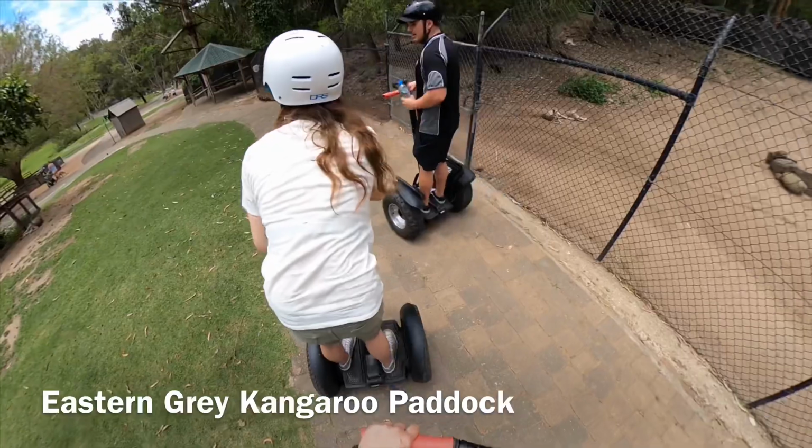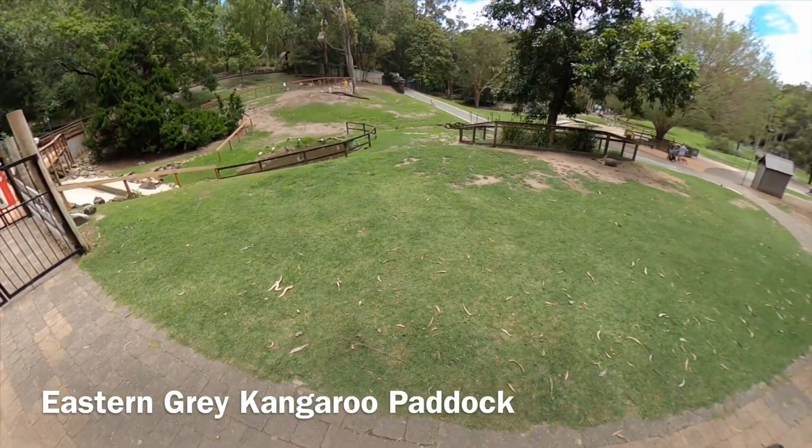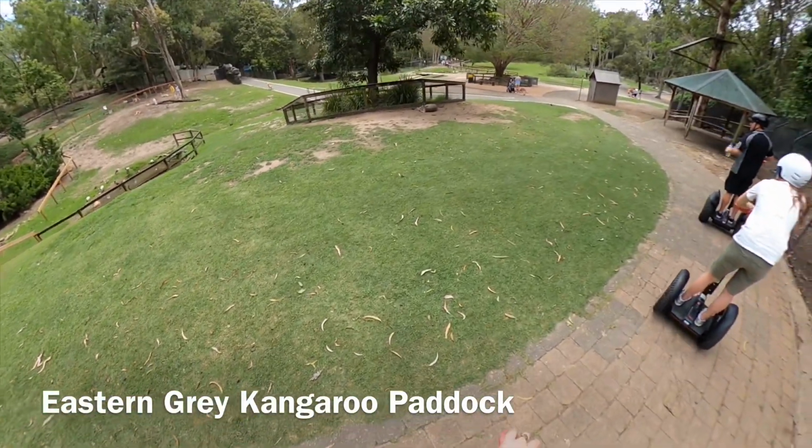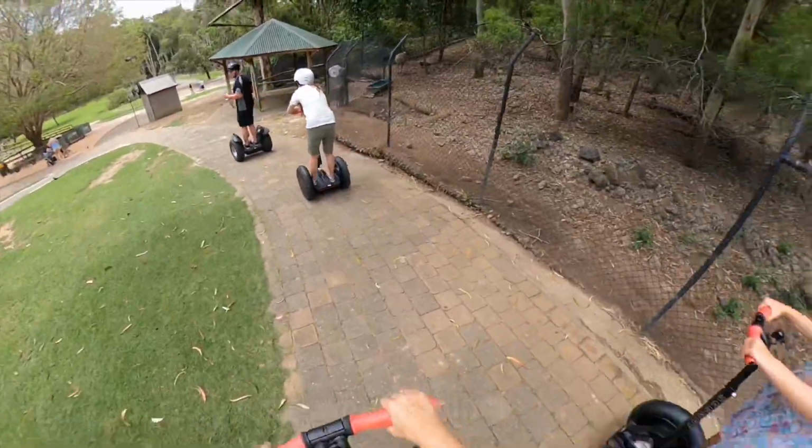So now this here is our eastern great kangaroo paddock, and you'll see a lot of our kangaroos more up towards the top of the hill. Now I like to refer to the eastern great kangaroos